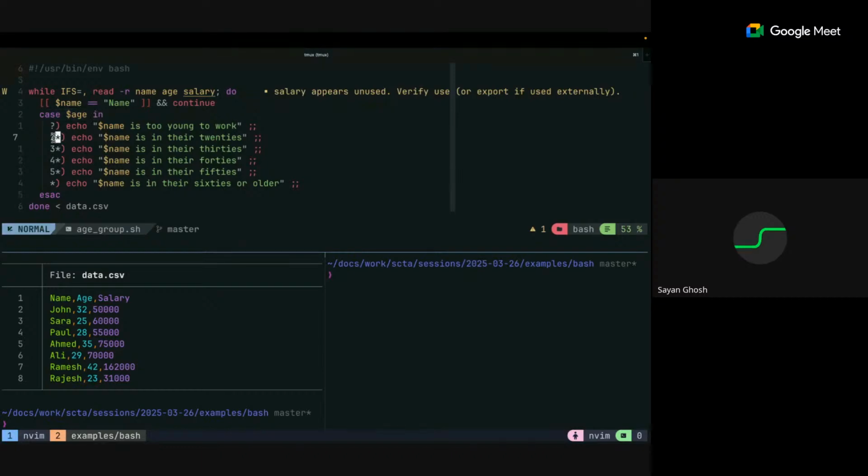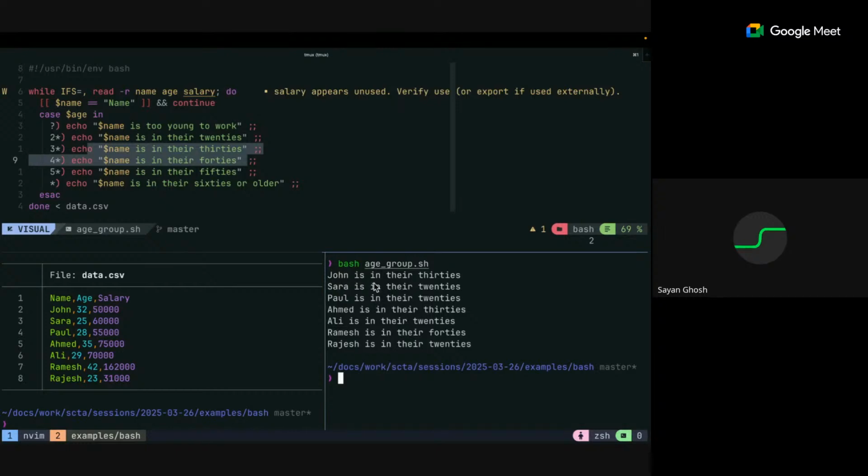So you can do 2 star, which means 2 and then anything else. If the age matches this glob 2 star, it will print this. If it matches 3 star, it will print this. Right? So if you run this,